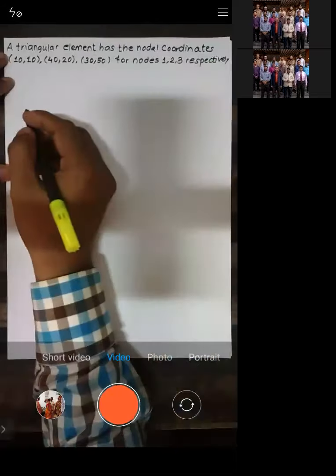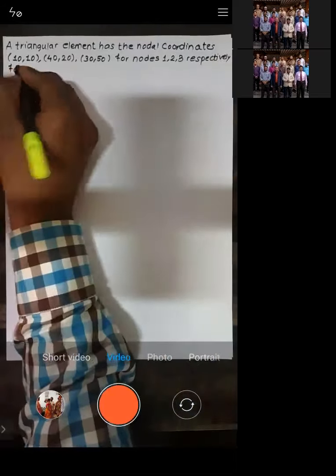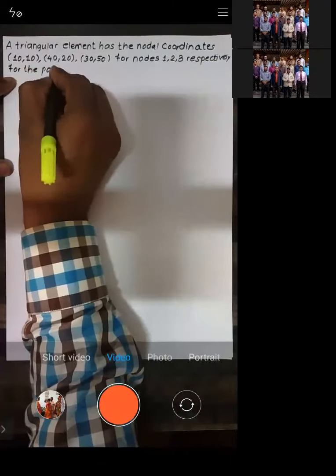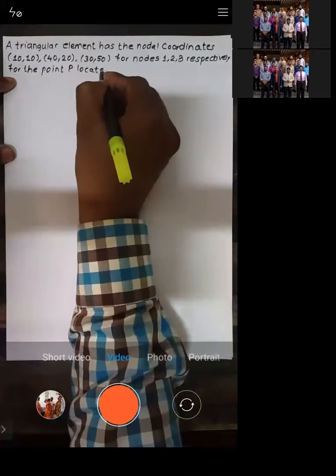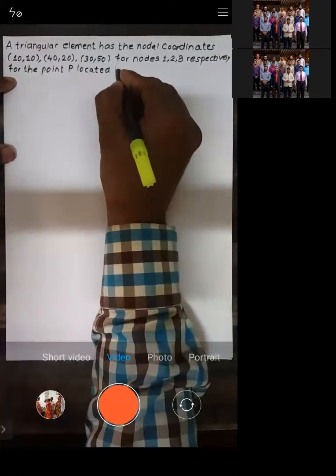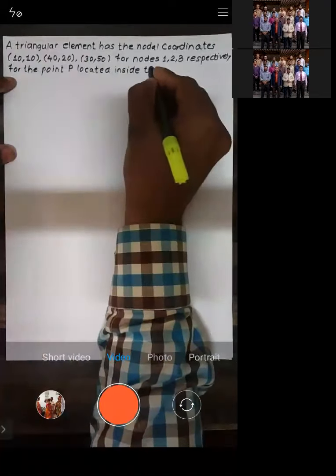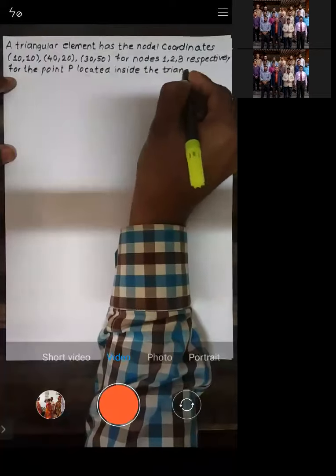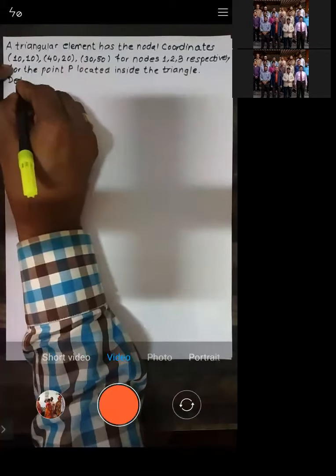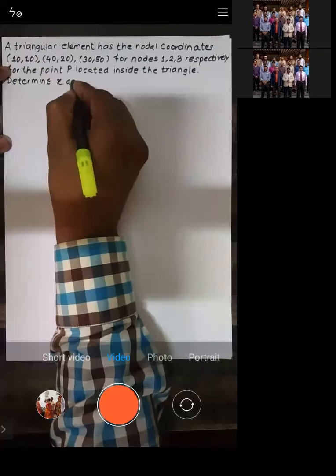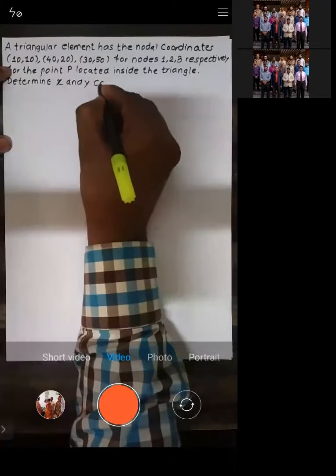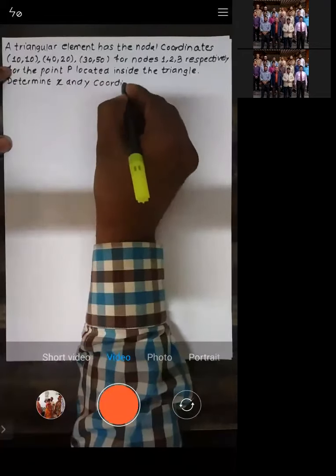For the point P located inside the triangle, determine the x and y coordinates